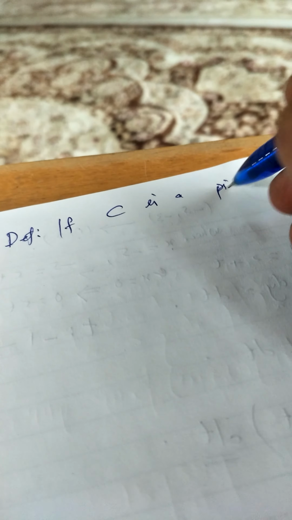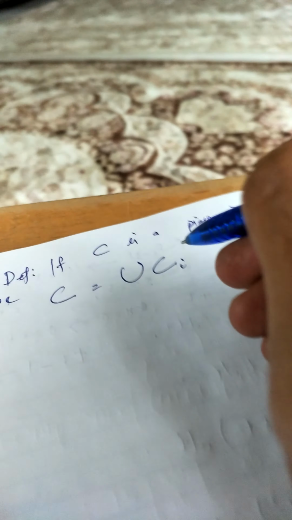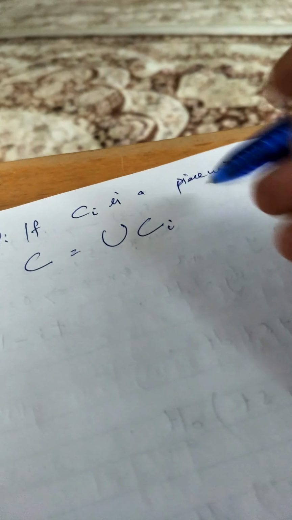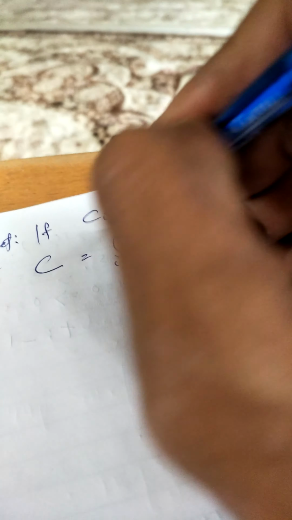If C is a piecewise smooth curve, given as a union of Ci, where each Ci is a smooth curve, for i from 1 to n,